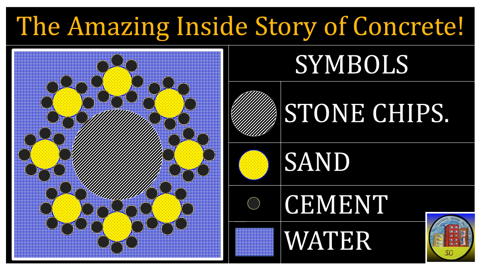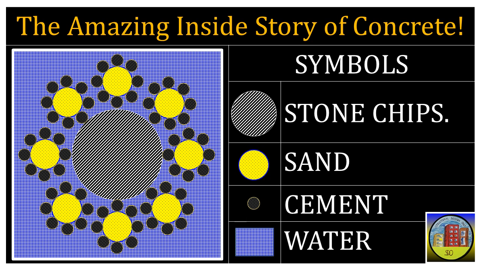They come in different sizes, with the bigger rocks, coarse aggregate, and the finer sand, fine aggregate, working together to create a strong and stable structure. Cement, this is the magic glue that holds everything together. When mixed with water, a chemical exothermic reaction happens, making the cement harden and bind the rocks and sand into